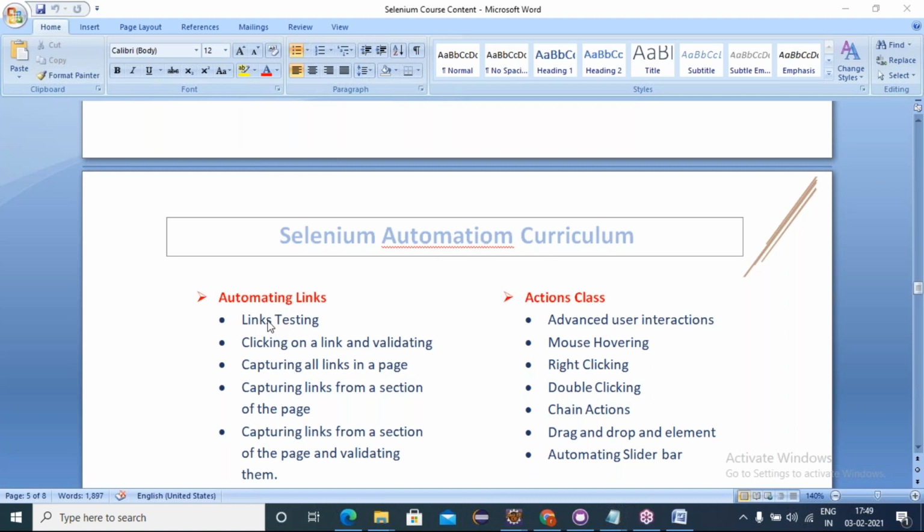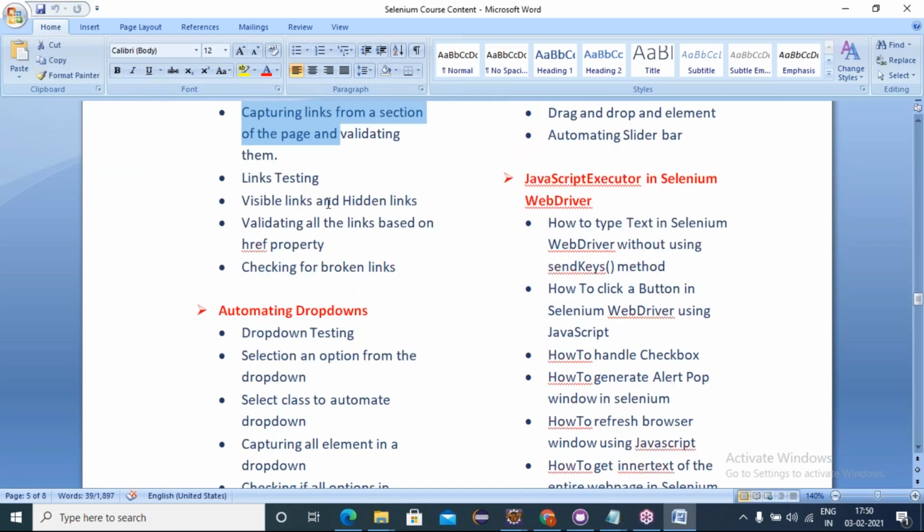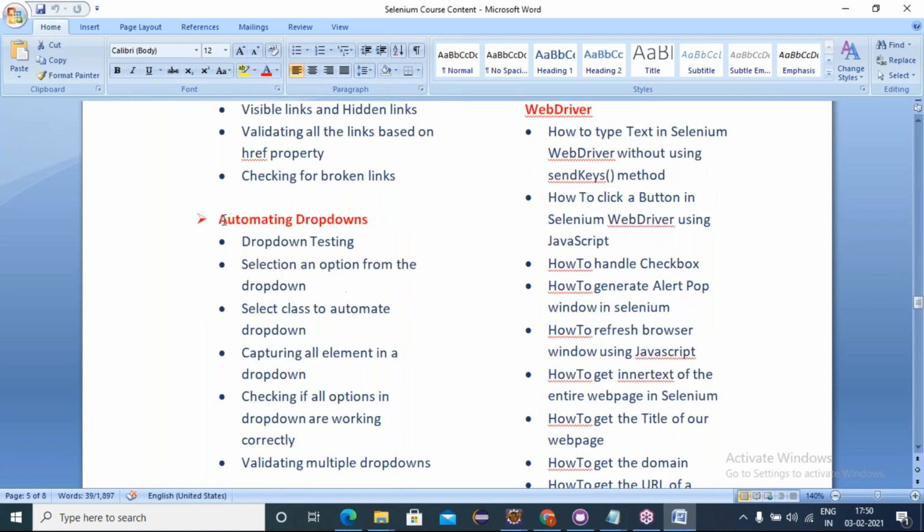So we are developing a web application, and so many links are there in my page. I want to check once what the links are, whether every link is broken or which is broken. I want to know the type of broken first. So how to find the broken links? All these things we will come to know in automating links, but finally, we talk about how to work with web links, hidden links, broken links, static links, dynamic links, group of links. We'll work on that.